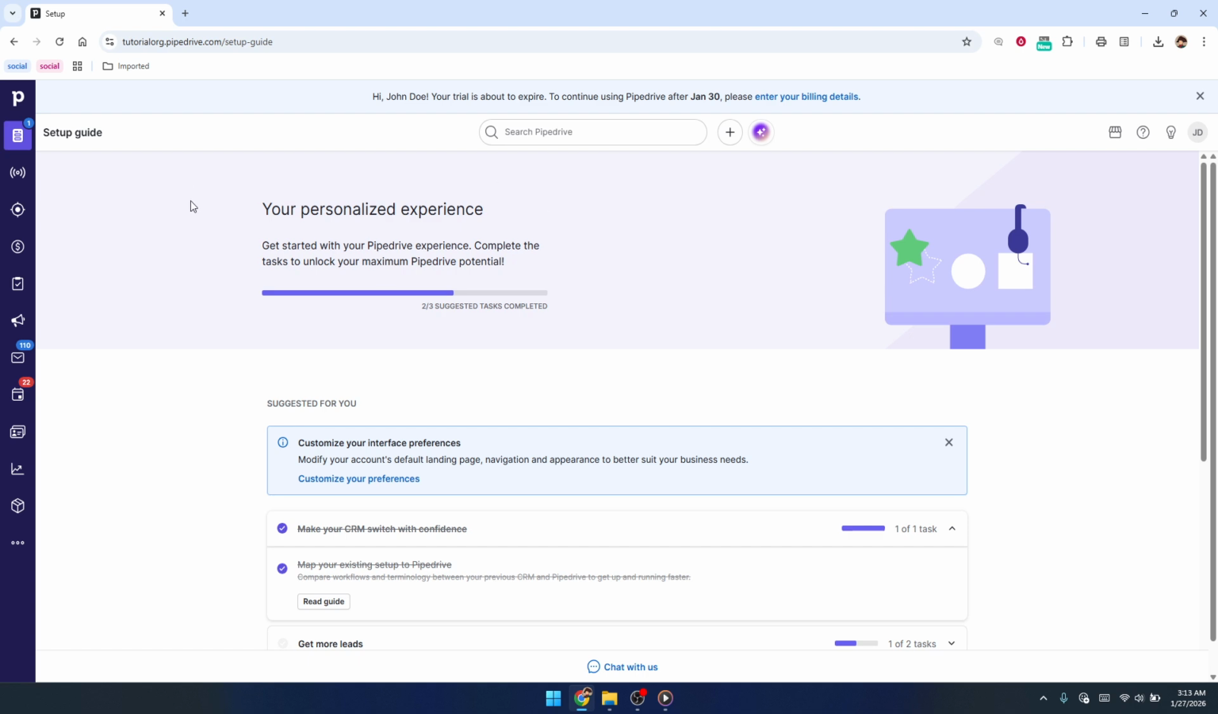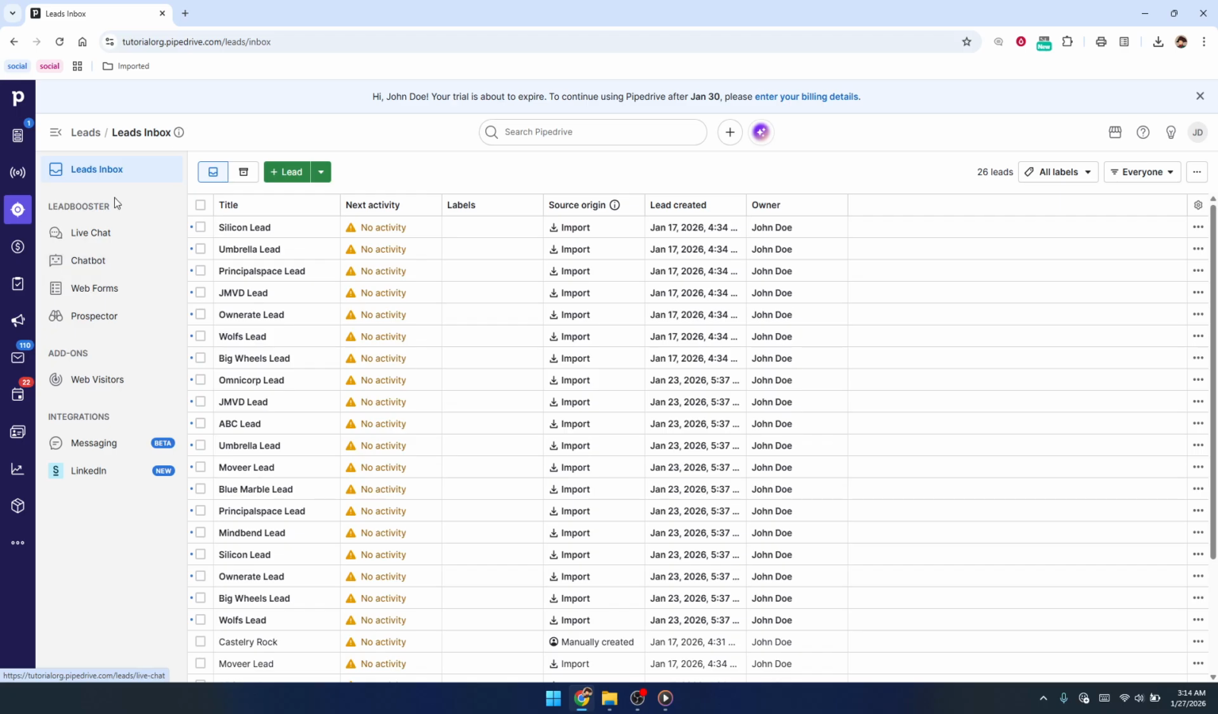Once your file is ready, open Pipedrive and look at the menu on the left-hand side of the screen. Find and click the Leads icon. This will take you straight into the Leads section, which is exactly where we want the imported contacts to end